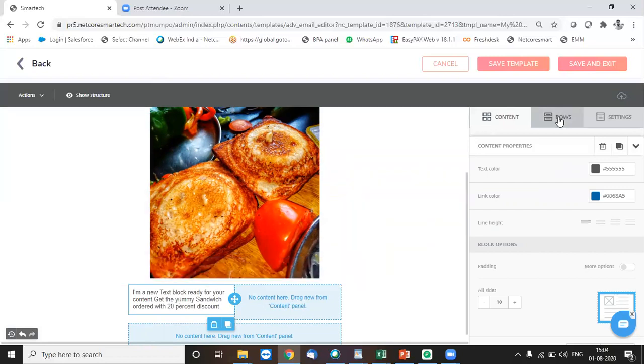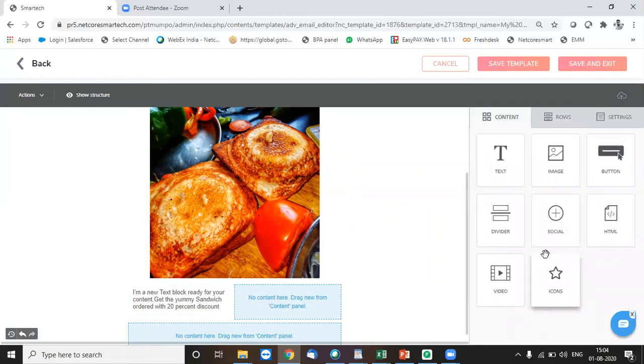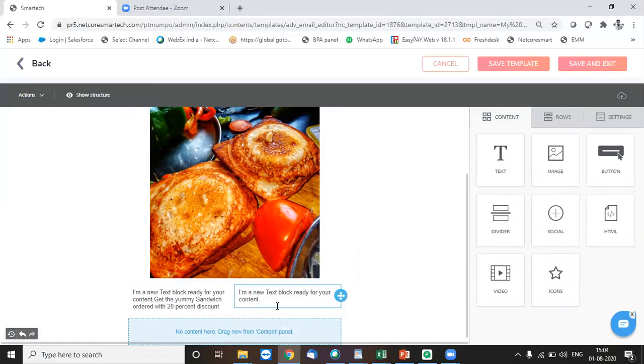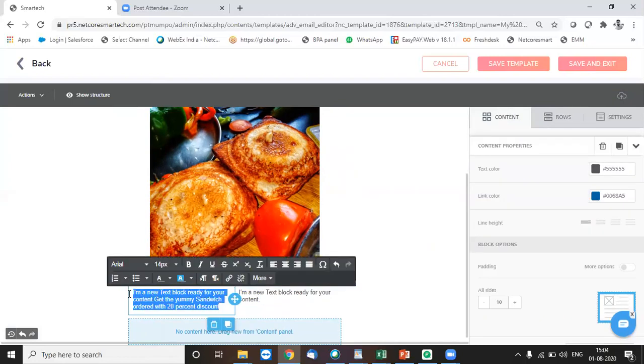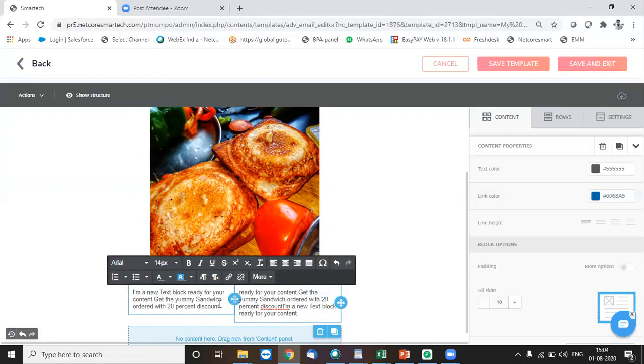Same on the second one also, I can add the same type of material. So here also I can just maybe copy paste the same content and make some changes just for the sake of time on this particular video. So I can increase or decrease the size of my text also over here to maintain the responsiveness.